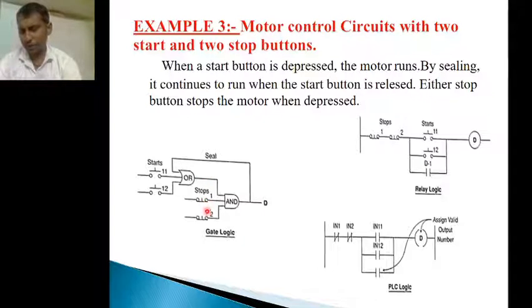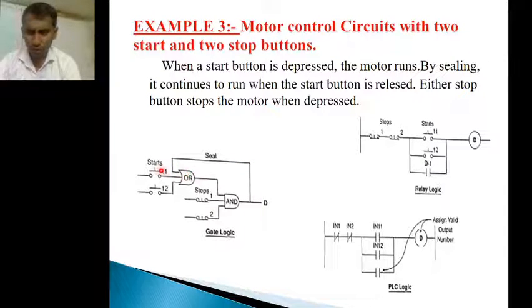So here the 2 stop buttons are there. These are normally closed contacts. So that means this one is 1 and this one is 1. And when the output of this OR gate is 1, then these 3 inputs are 1. So when all the inputs are 1 for an AND gate, then the output is on. So the motor will be on. When the motor is on, this condition is fed back through the seal circuit to the OR gate.